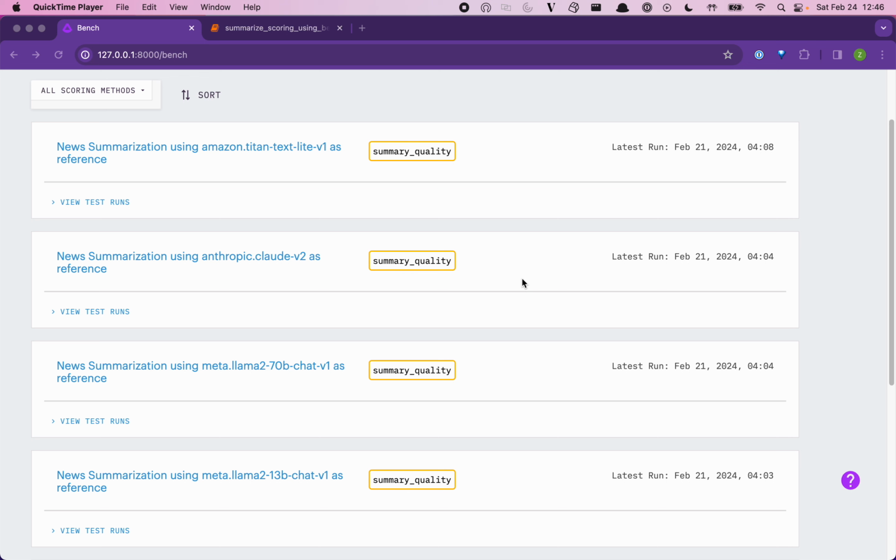Now that we've introduced the problem statement and shown you the initial results, I'm going to walk you through in a little bit of detail exactly how we used Arthur Bench to generate those results. This is the landing page that you would see when you first launch Arthur Bench with a couple of test suites integrated. Each one of these test suites allows us to perform a comparison for a particular model against other models. You can see here that all of the Bedrock models, which were highlighted in the results, are represented as